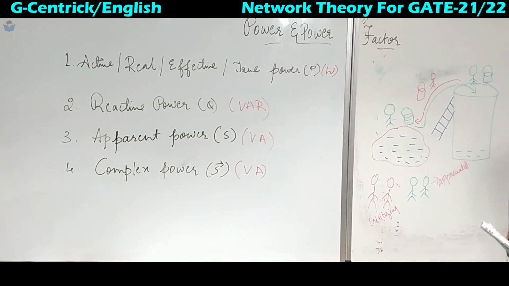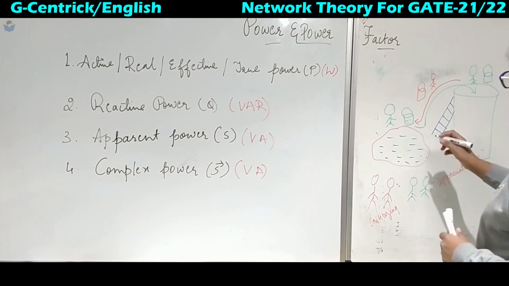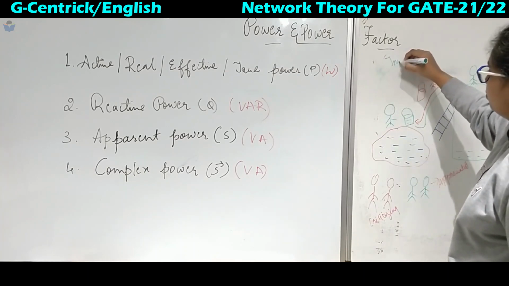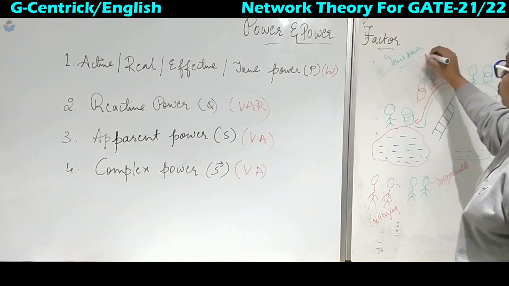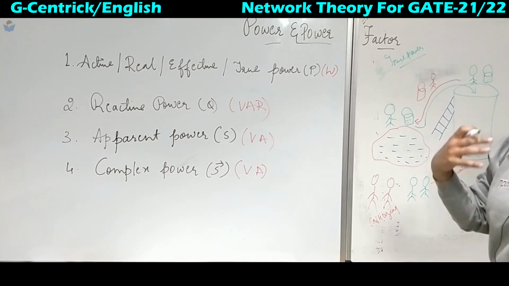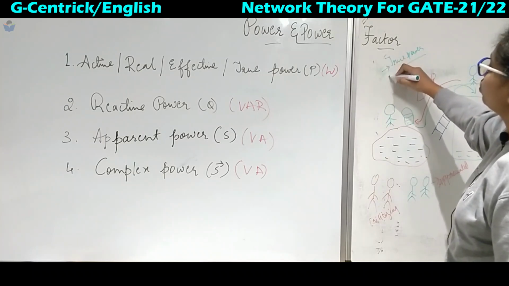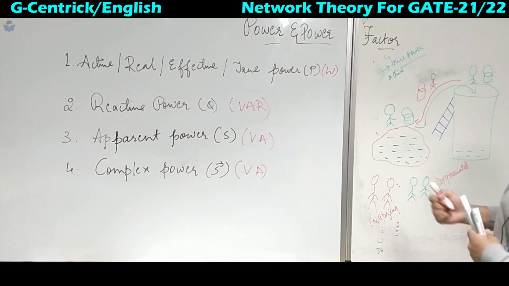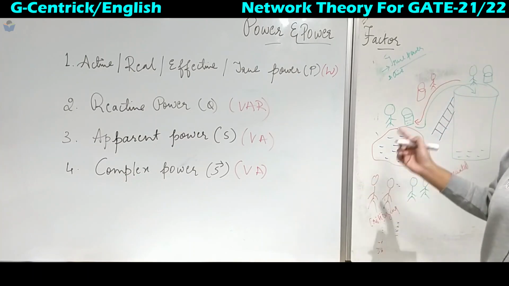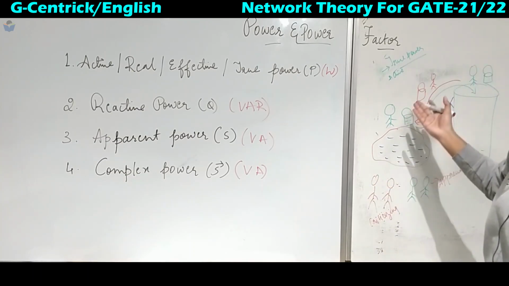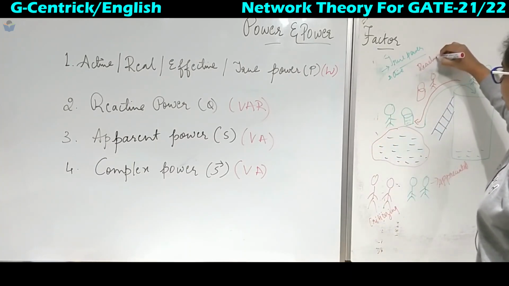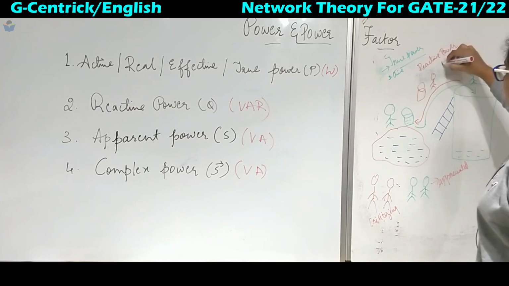Now, to understand the concept of true power, whatever actual work is done, which is denoted in green, is visible. That is why we call it true power. Whatever work is visible to us, we say that it is the true power or the active power. Whereas the work denoted in red is not seen by the people. They are criticizing you, but there is some work: getting the empty bucket back and filling it again is also work. That power we call reactive power. So this is invisible power.